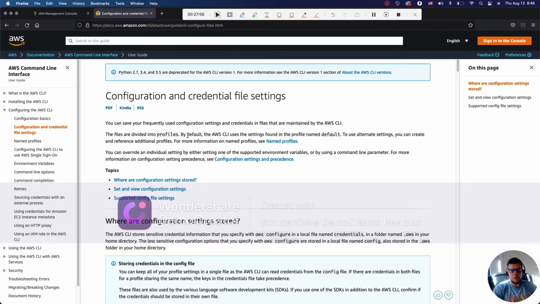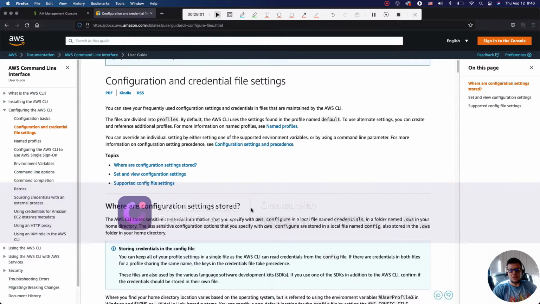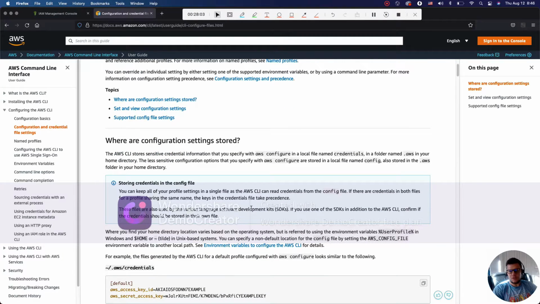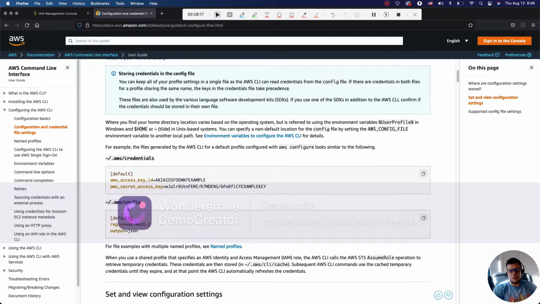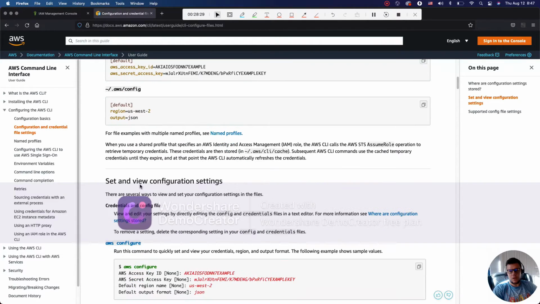If you navigate this page, configuration and credential file settings, you'll see that AWS provides you multiple options for how and where to store your credentials files. Their preferred method is in the root user .aws/credentials location. Inside of that file, you will put your information with access key and key ID, and AWS will automatically try to read from this location